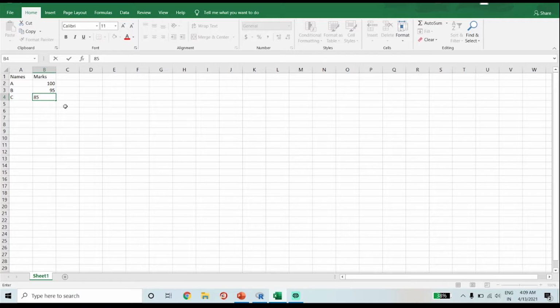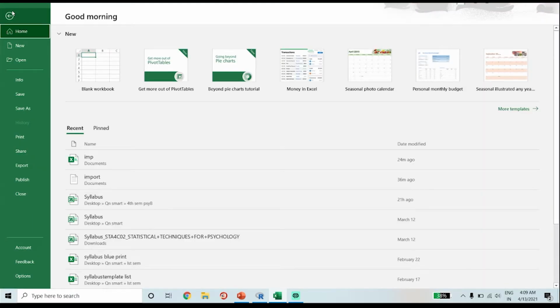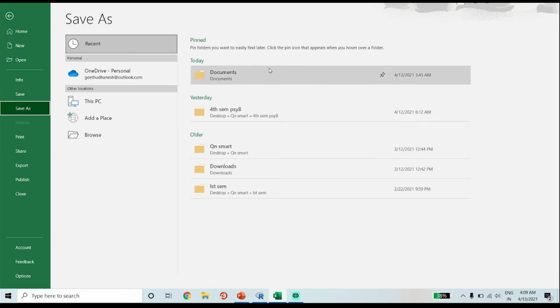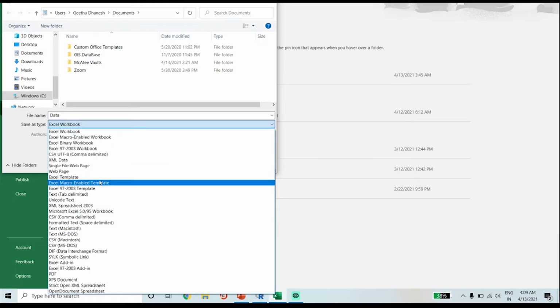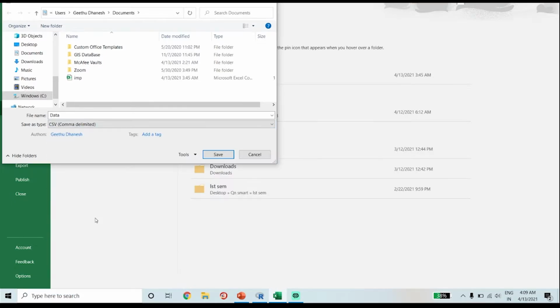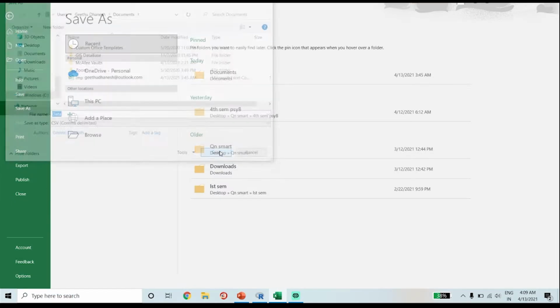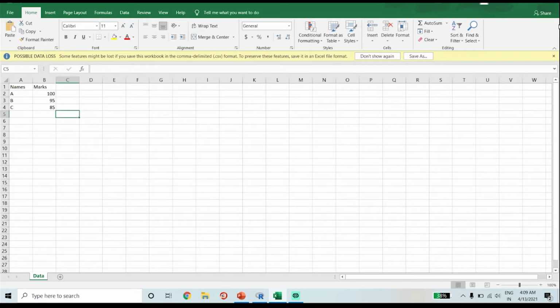Okay, suppose this is my data and I am saving this file. Save, I am saving in documents. Here I am giving file name as data. Always remember to save in CSV, delimited. Then save this file. After that, close the Excel file.